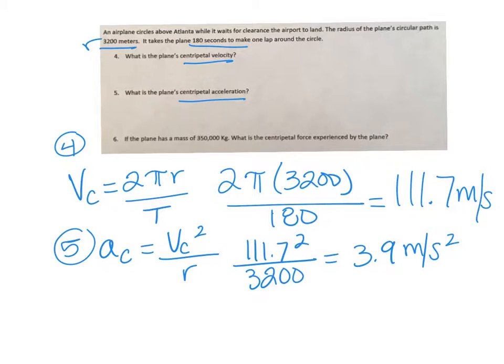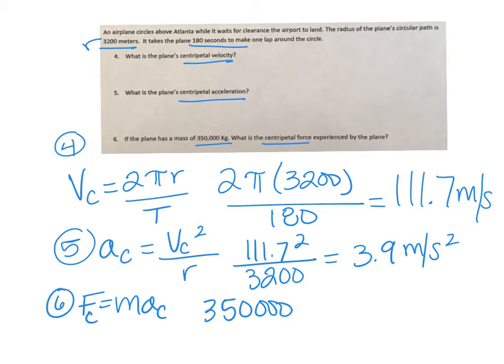All right. And then the last one, number 6, the plane has a mass of 350,000 kilograms, and we want to find the centripetal force experienced by the plane. So we are going to use the force formula of F equals ma. And I put C's in here so you know I'm talking about centripetal for both of those. So we're going to plug in the mass of 350,000 and times that by the acceleration we just got of 3.9. And when we type that in the calculator, we should end up with